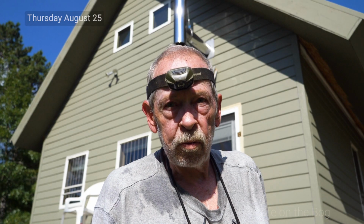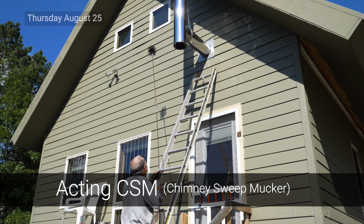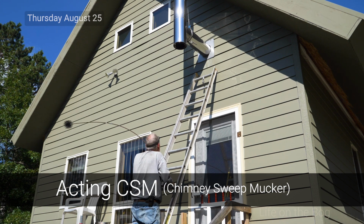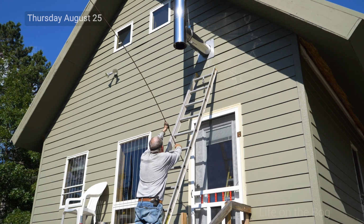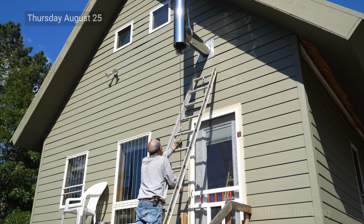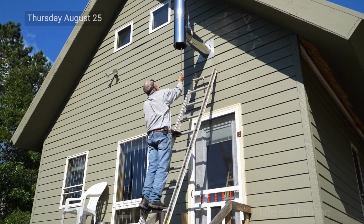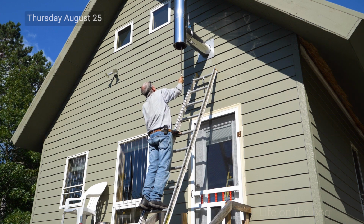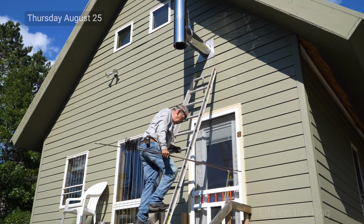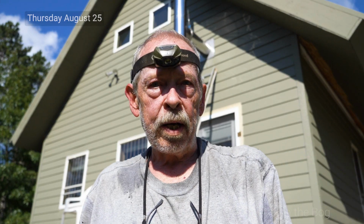This is one of the most unfriendly jobs. No wonder I've been avoiding it. I forgot how bad it is, too. Now I gotta get the stovepipe back on, and I gotta get the